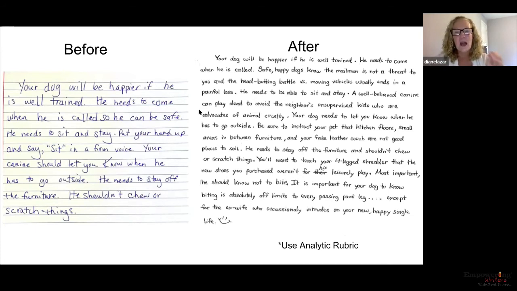So when I'm teaching a skill and I'm having my students apply that skill, that's the rubric that I want to pull out. In a moment, you'll see what we use to assess a whole piece of writing. I'm just checking. So Di, we had a question about the grade level on the after piece.